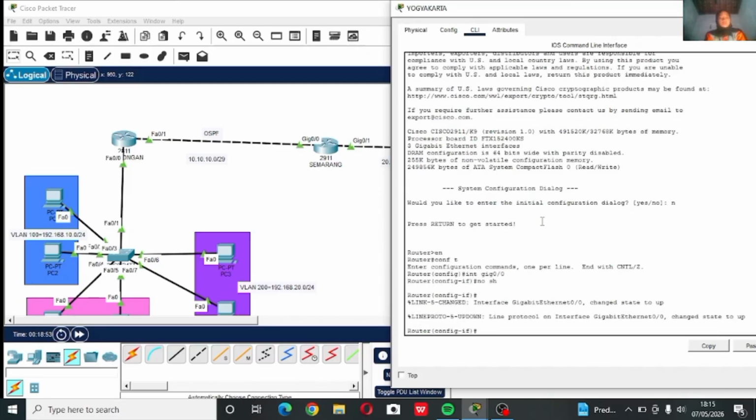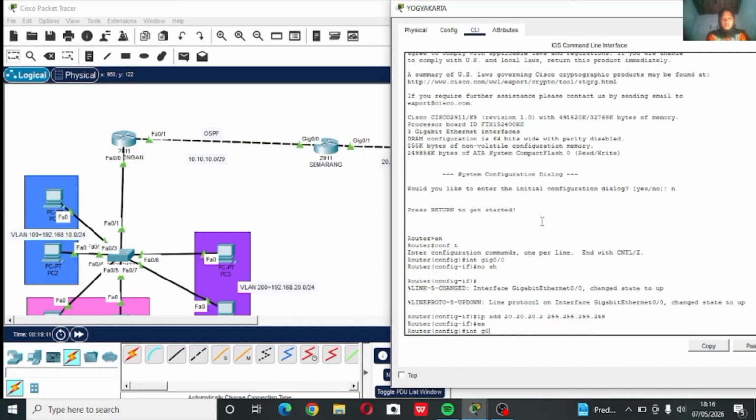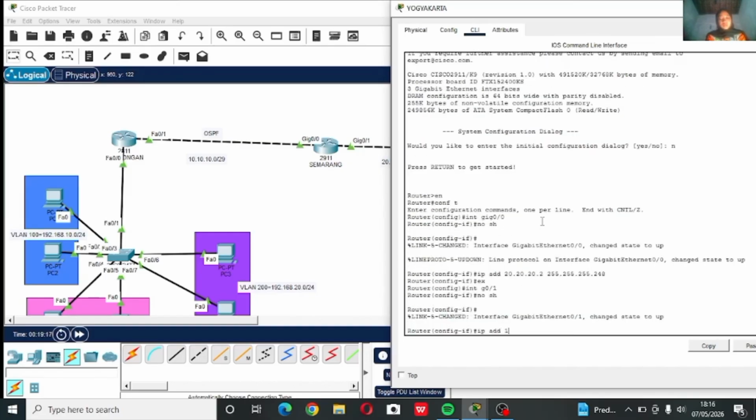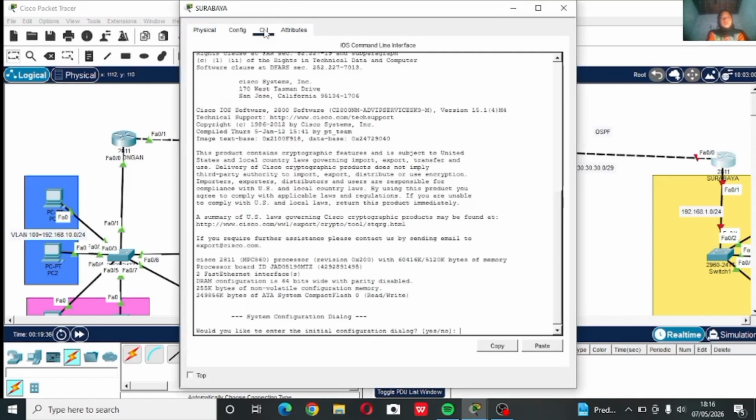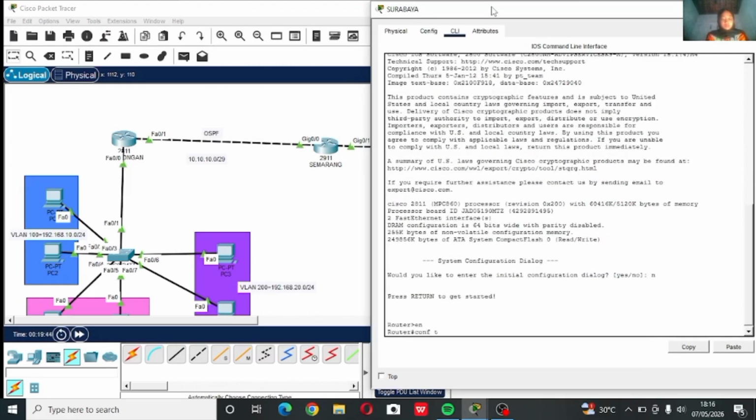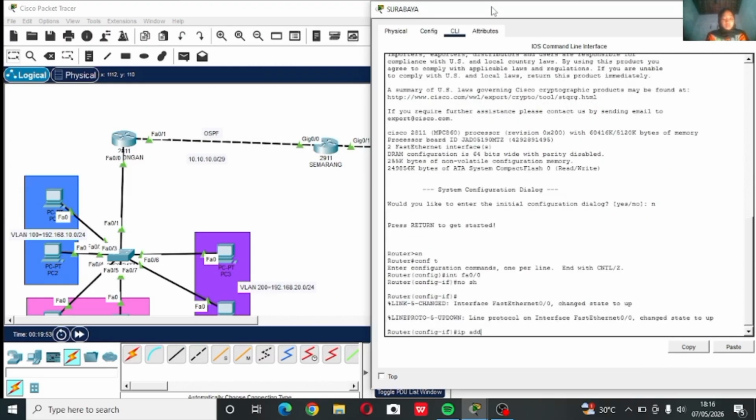Then configure the IP address on the Yogyakarta router. Then configure the IP address on the Surabaya router.